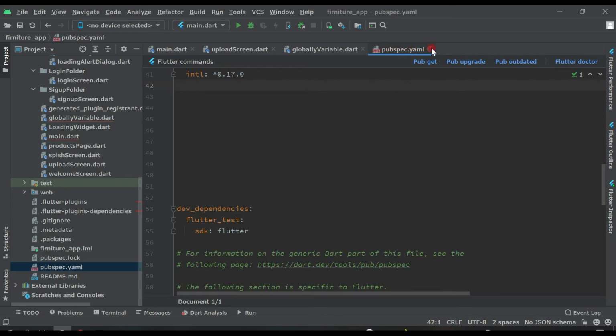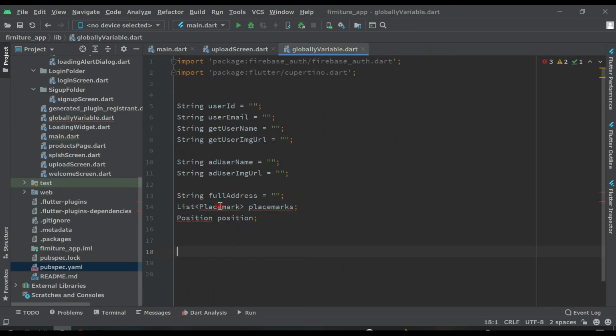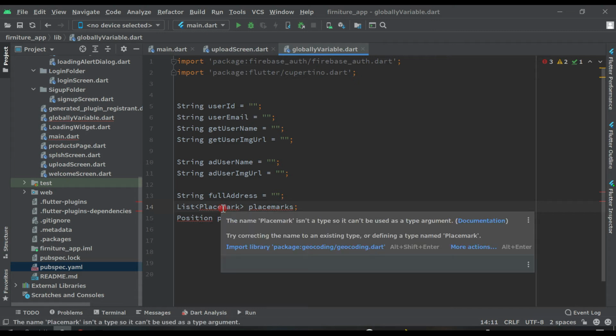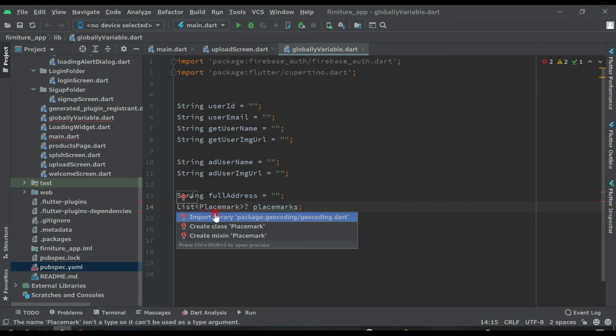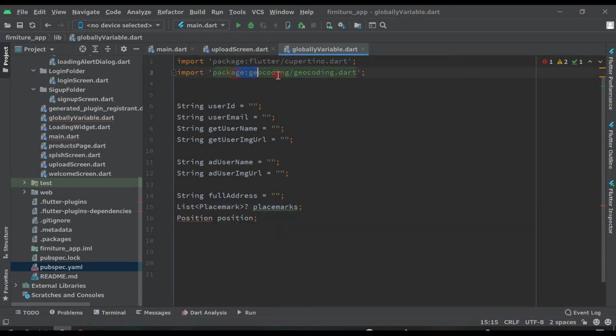Now close this pubspec, and come here, click on this, and after this put a question mark and click on it, import library package geocoding, this one. Now you can see the error has gone.